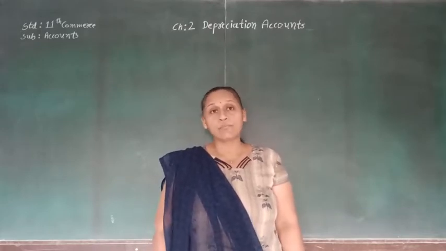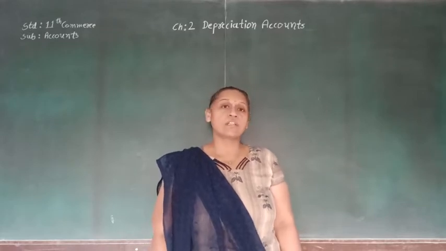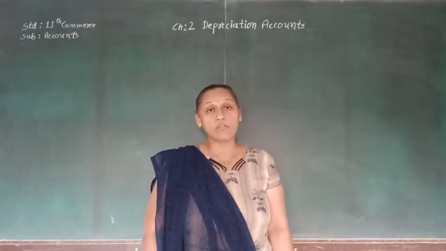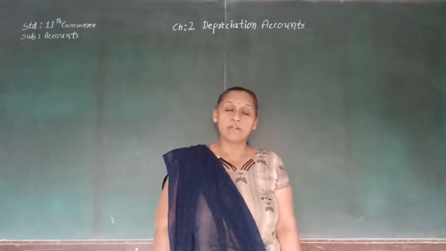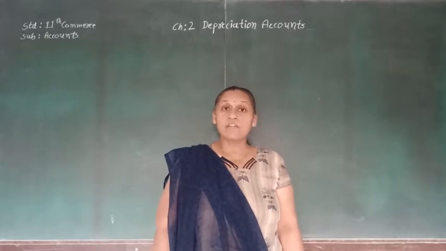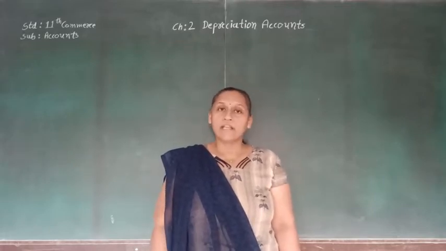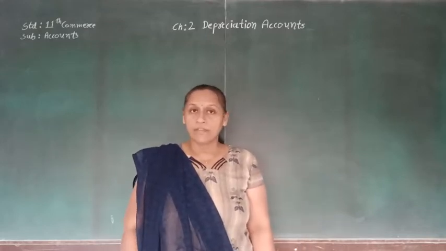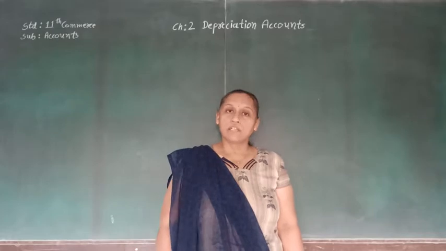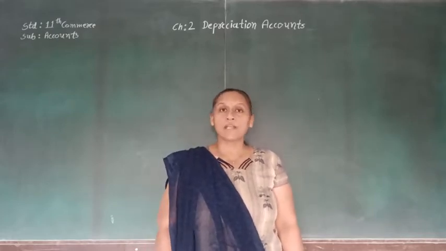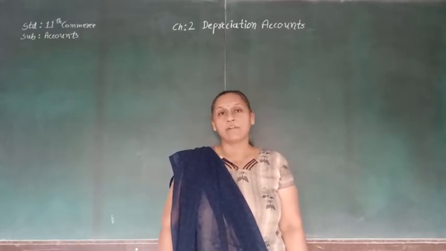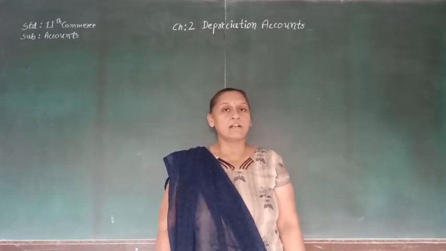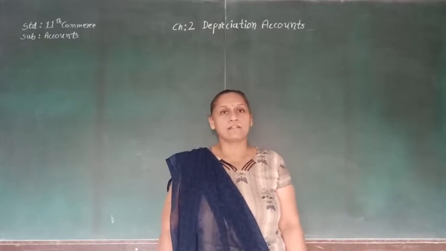So in this chapter we will see what depreciation is, that is the meaning of depreciation, then the characteristics of depreciation, objective of depreciation, and factors affecting depreciation. Again we will see different methods of finding out the depreciation, how to do the journal entry as well as posting in the books of account, and how to make the entry in the final account for depreciation. So let's see the chapter, depreciation, and here let's see the meaning as well as characteristics.